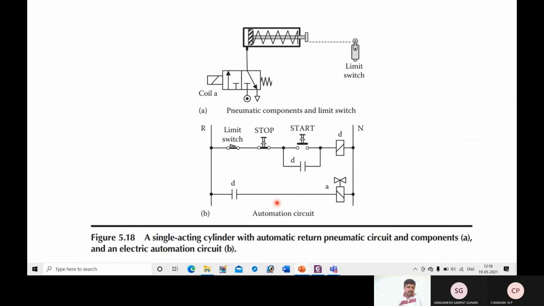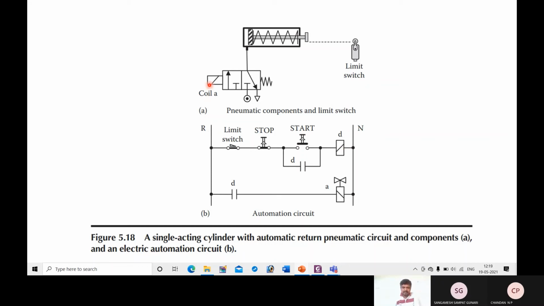I think you are already familiar with these circuits since you have already attended the lab. So you are familiar with these things. In this, there are two power lines. One will be neutral. Here you may have a 24 volt DC power supply or a 230 volt AC supply. Here you are able to supply the power from this line, and this is the neutral line.